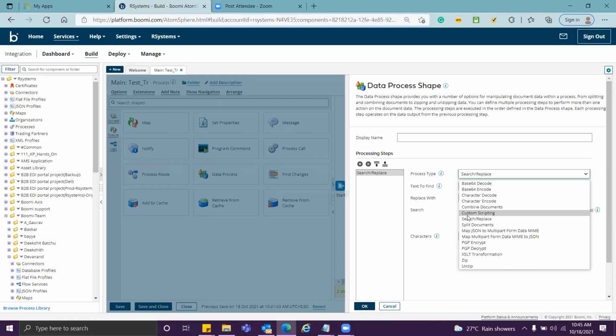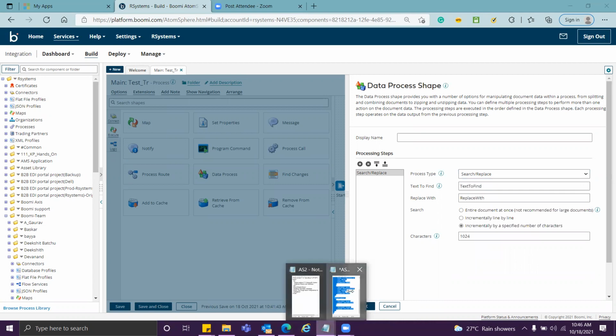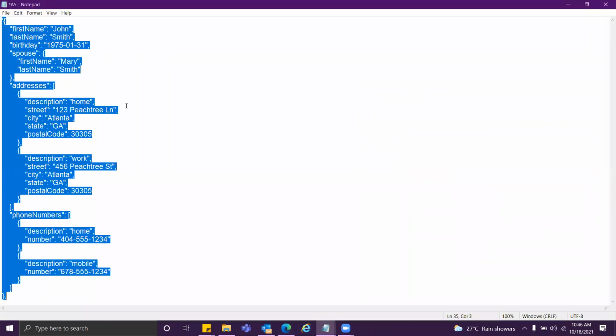Now, search and replace, I already told you, you can search something and replace it with whatever you want. Split documents. Split documents is for splitting a document based on an element. So suppose I have a document here like this. Okay.